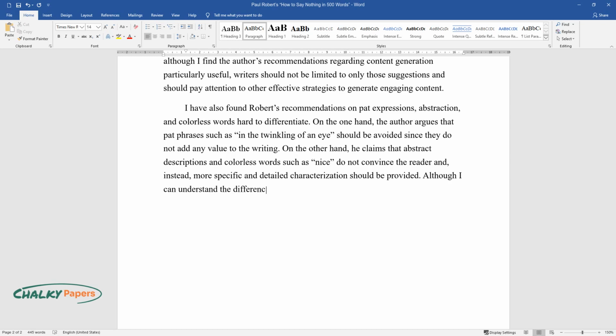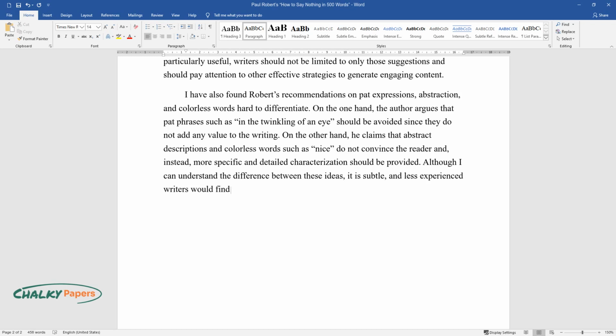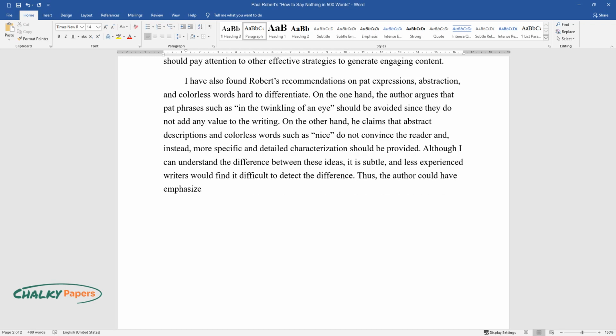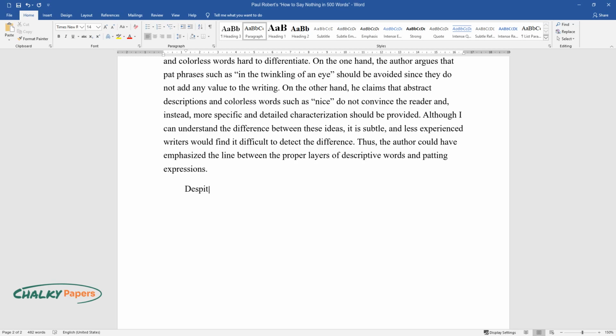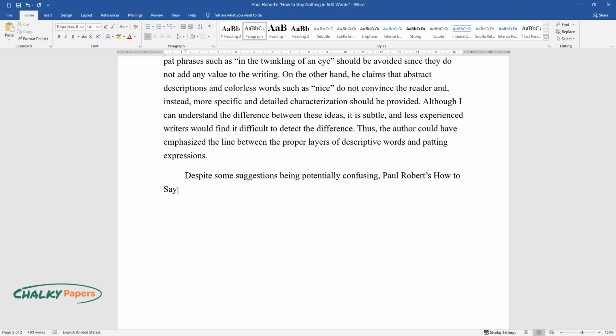Although I can understand the difference between these ideas, it is subtle, and less experienced writers would find it difficult to detect the difference. Thus, the author could have emphasized the line between the proper layers of descriptive words and padding expressions. Despite some suggestions being potentially confusing, Paul Roberts' "How to Say Nothing in 500 Words" contains critical information